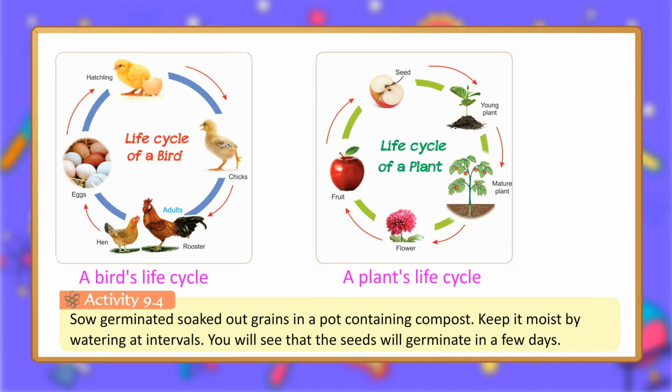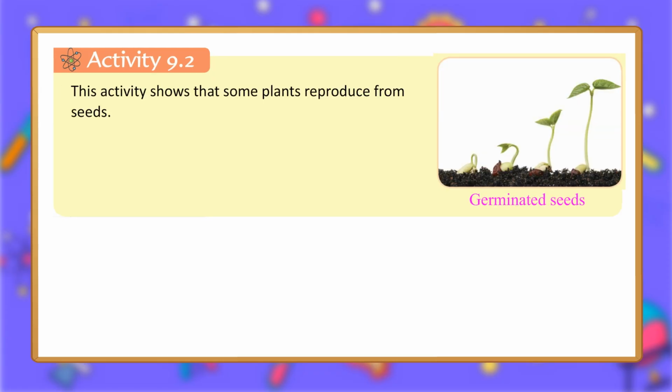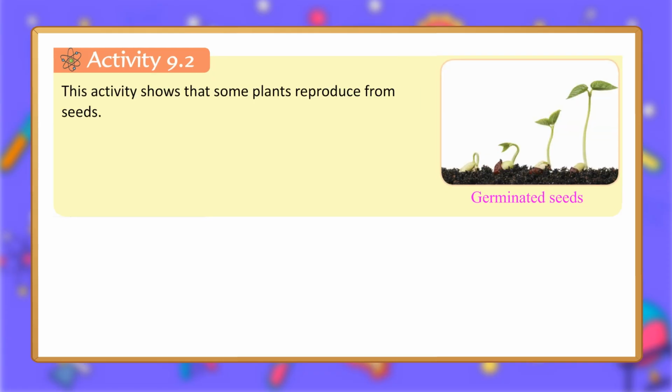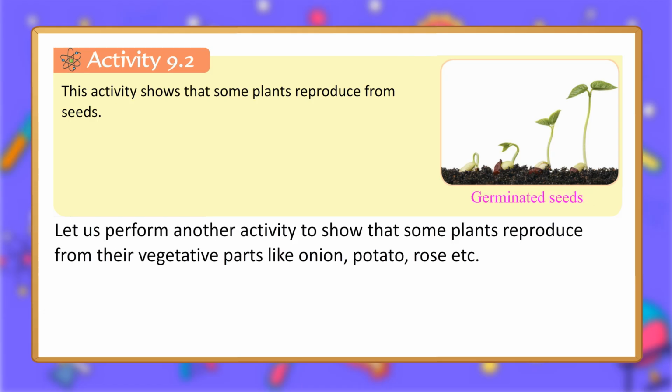Activity 9.4. Sow germinated, soaked grains in a pot containing compost. Keep it moist by watering at intervals. You will see that the seeds will germinate in a few days. This activity shows that some plants reproduce from seeds. Germinated seeds. Let us perform another activity to show that some plants reproduce from their vegetative parts like onion, potato,